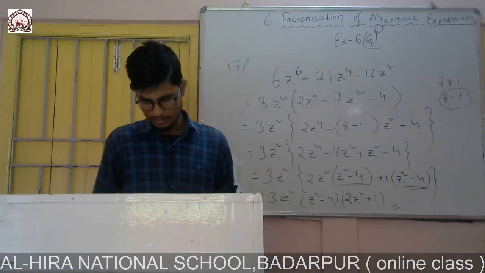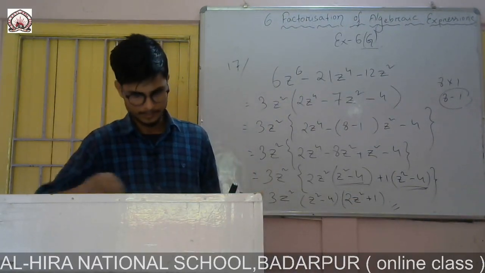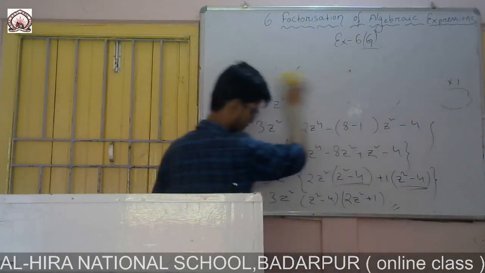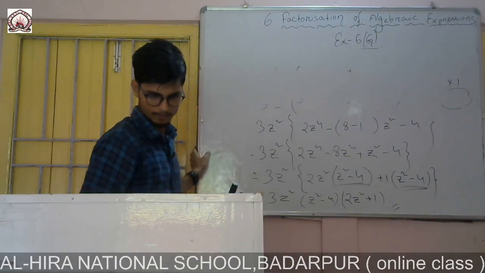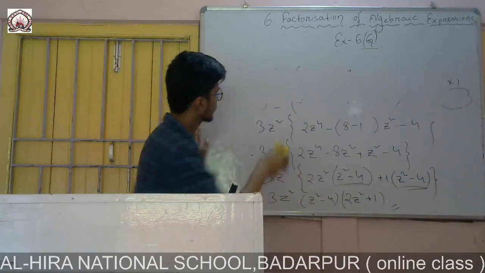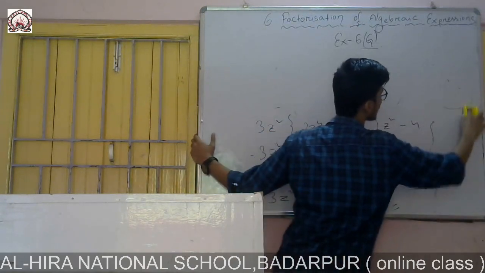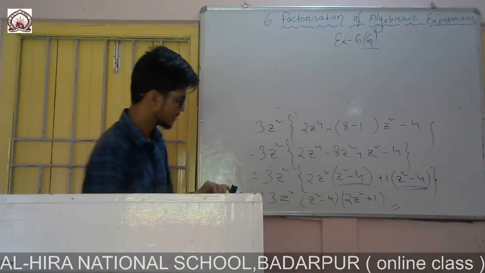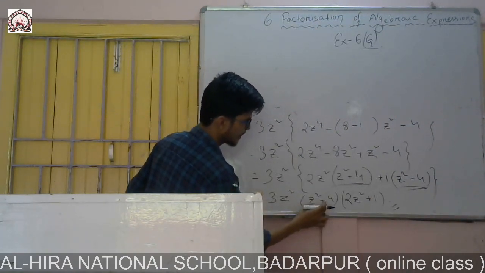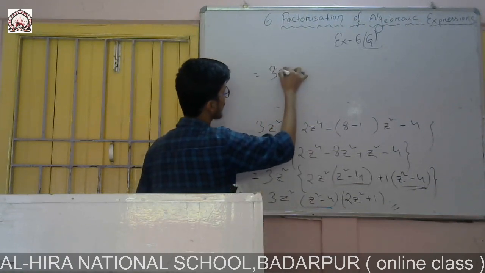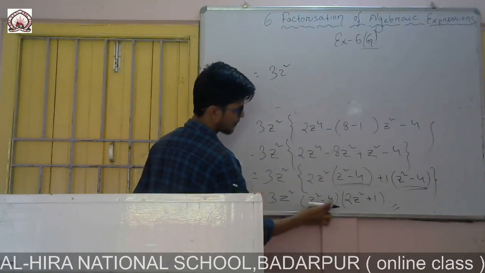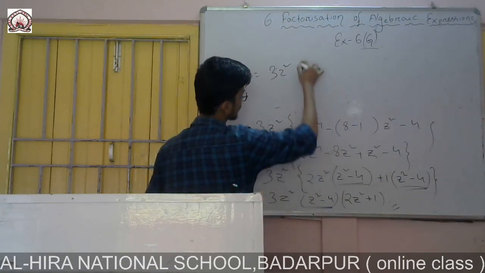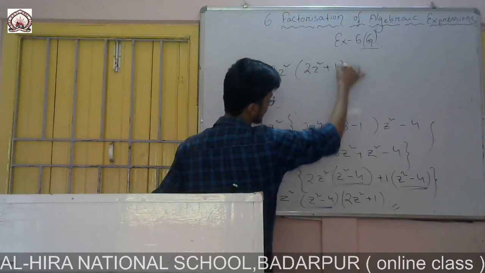Okay, so now question number 20, high order thinking. Okay, sorry, one line left here. You see this one, it is in the form a square minus b square. Look here, it is in the form a square minus b square, so one line I can write extra, a square minus b square, that means z square minus 2 square, it will be in place of this one. Okay, first of all you write there 2z square plus 1.